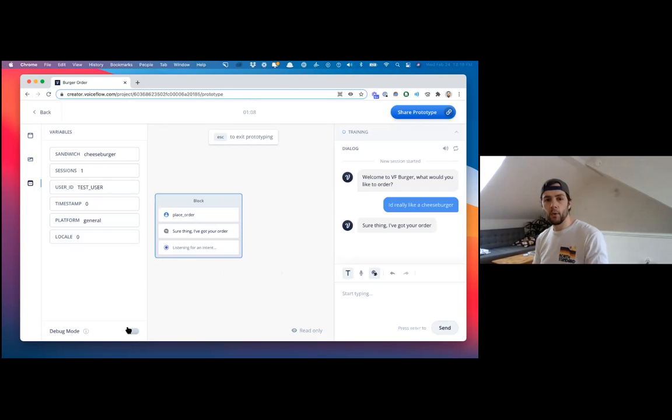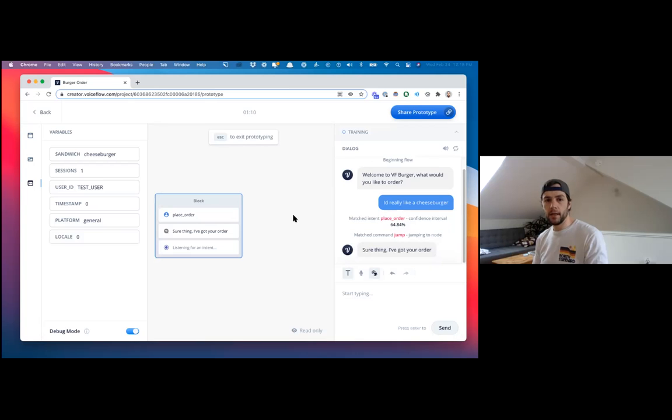So what you can see is if you turn on debug mode, we're actually showing you the confidence interval for the intent matching that took place on Lewis. All we're really doing is just passing through the data back from Lewis and resolving which path we go forward in the project based off of the intent matched. And so this works